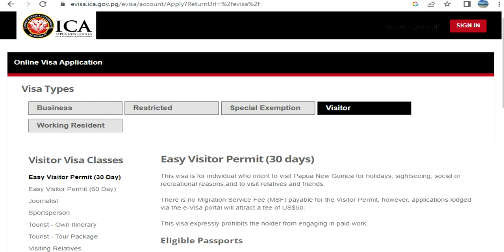So guys, e-visas are becoming very popular. Everyone wants to apply for e-visas nowadays if they need a visa, because of the ease in application and the way it goes through. So in front of you, I've opened the official online visa application site for Papua New Guinea,